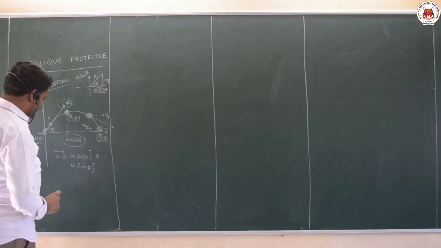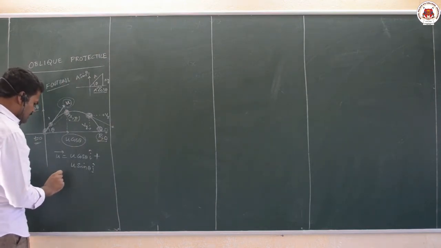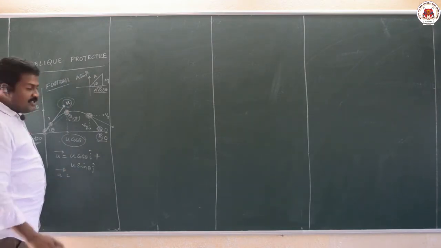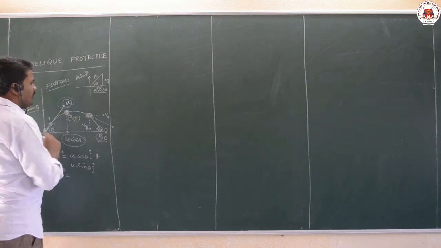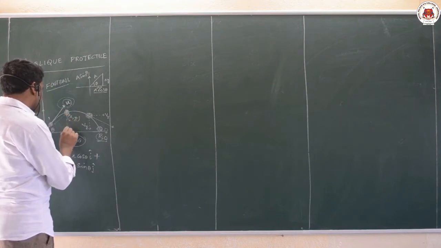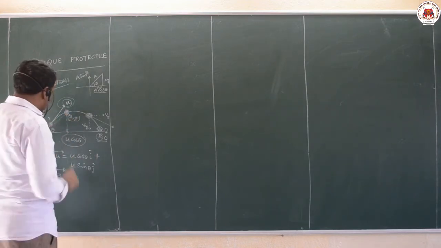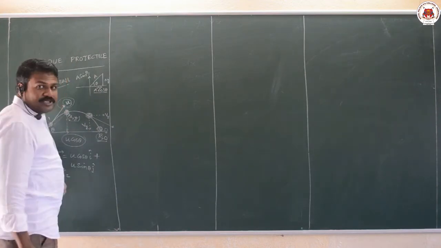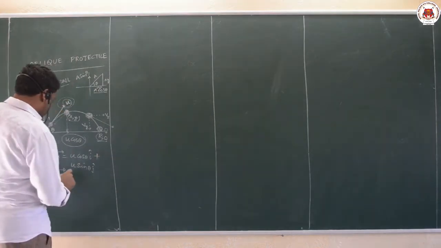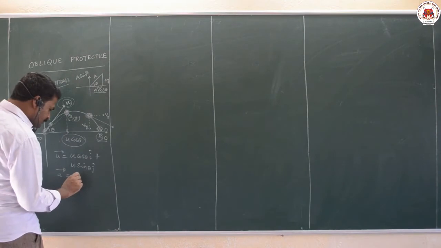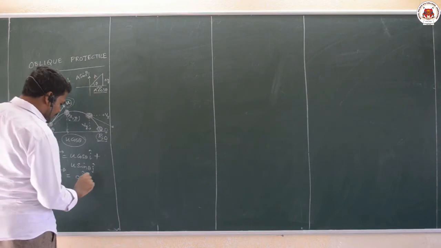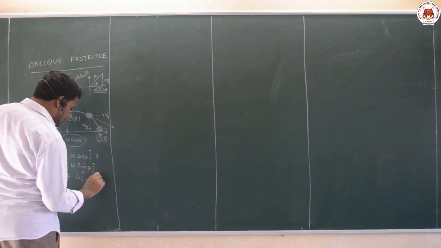And acceleration, if I take, is there any acceleration on this body, or if it is there, in which direction it is present, that we can see here. See, the body is moving in air. Every body which is in air, according to Newton, experiences gravitational force downwards. But I am not giving any acceleration in the horizontal direction. In the horizontal direction, it is moving with uniform velocity u cos theta. The acceleration here is 0 along x axis. It is directed downwards, minus g along y axis.